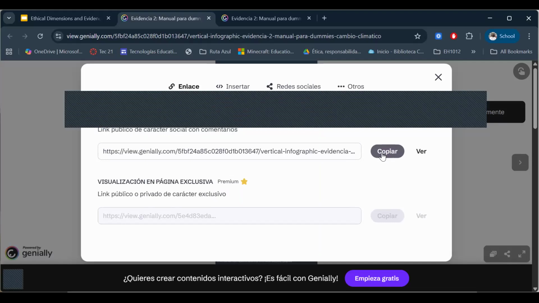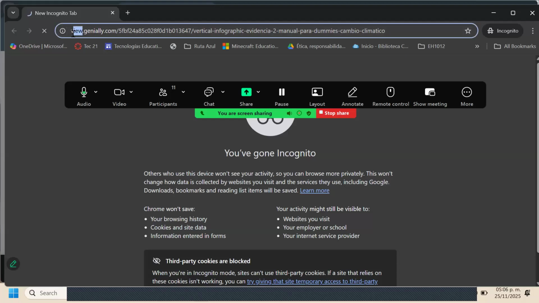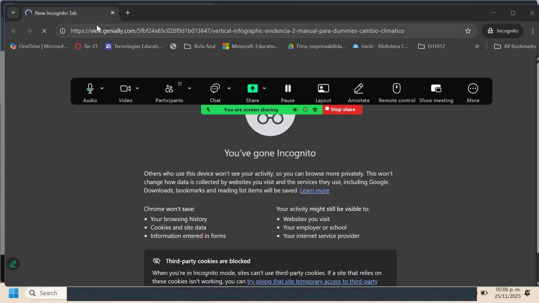And then just to make sure, you can always use the incognito navigation and just copy and paste and see if it loads. If it loads, then you're fine. But if it's not loading, then you're not, right? And here I know that this is a correct one because it says view. And I think that maybe my internet is not as good as it should be. But I know that this view that Genially is actually going to give me the right address for me to check